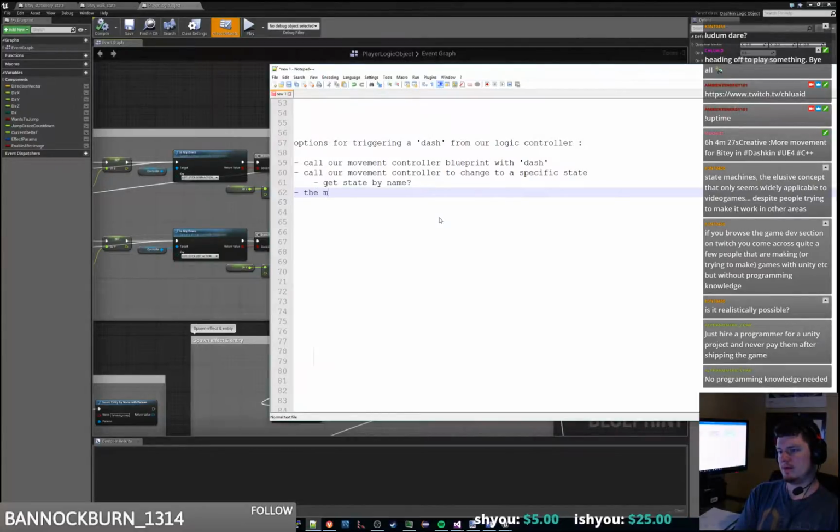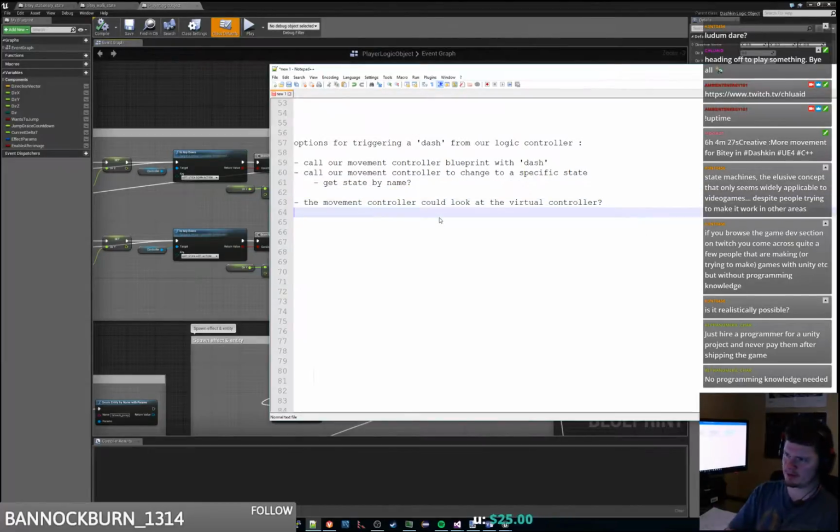The movement controller could look at the virtual controller. If we had the movement controller look at the virtual controller as a controller on an entity, like every entity, even if they are controlled by an AI or something, actually has a virtual controller on it. And nobody's pressing the buttons on it, but we could write an AI that instead of actually